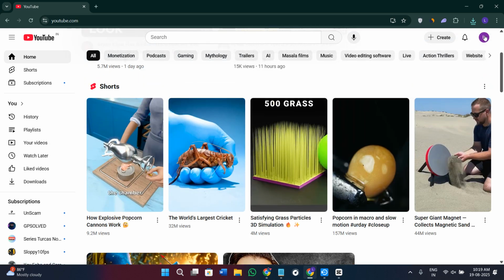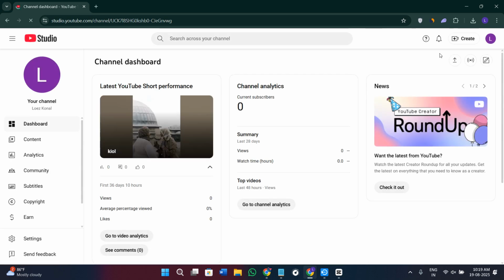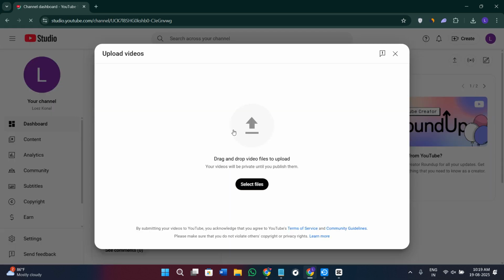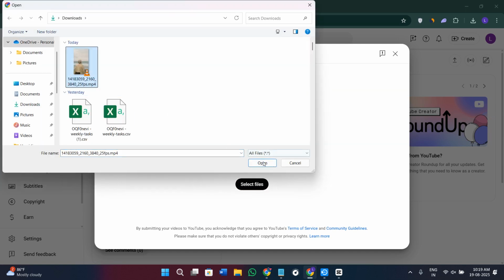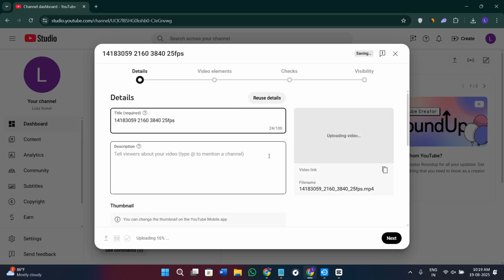So once you have your video ready, you need to come here on youtube.com in a web browser and then log in to your account. Over here, click on your profile icon in the top right hand corner of the screen. Then go to your YouTube Studio. Over here in your YouTube Studio, simply click on the option of create, then click on upload video. After that, select the file, which is the video in the vertical format, and wait for it